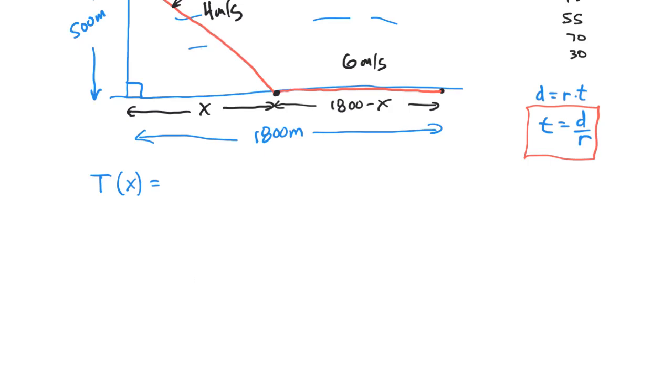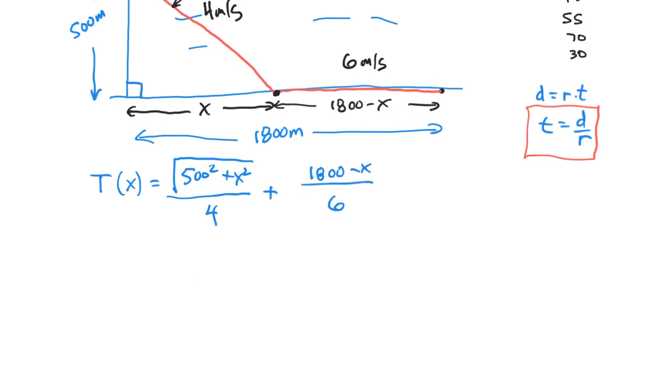So that's going to be the square root of 500 squared plus x squared, divided by the rate, which is 4, plus we've got the other time also, the time spent running. So we've got the time swimming, we have to add the time running. And the time running is also going to be distance over rate. So that distance will be 1,800 minus x